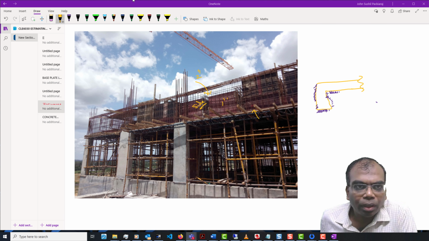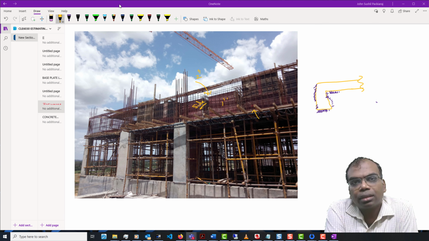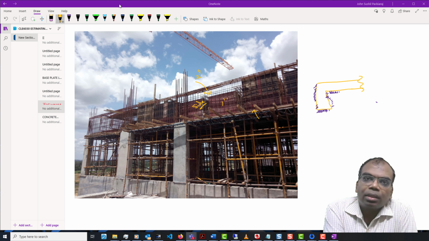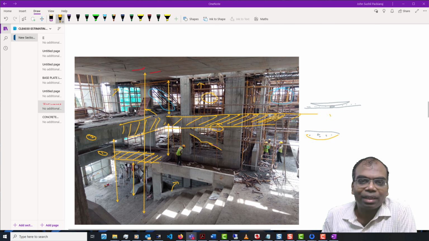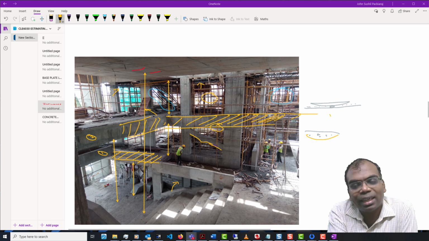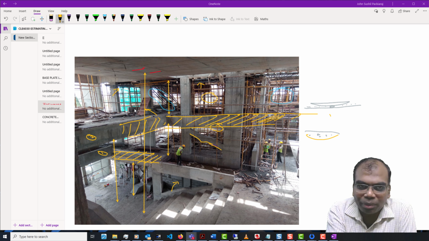Now we've seen in this session what are the ways by which a rate can increase. It could be just the type of work which you are doing. Maybe like this one where you are having a triple height, double height, and a single height shuttering all in one place. So when we are looking at the staging, it's going to be massive. A lot of safety features also have to be considered.